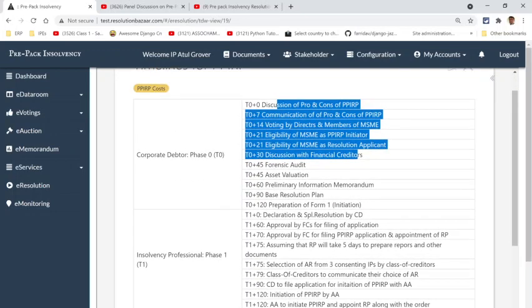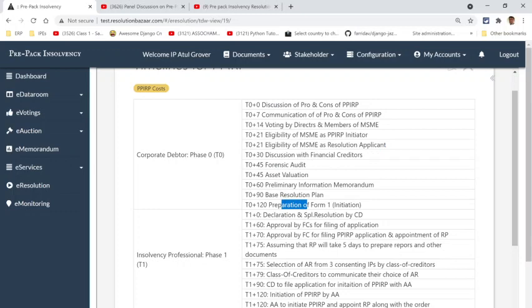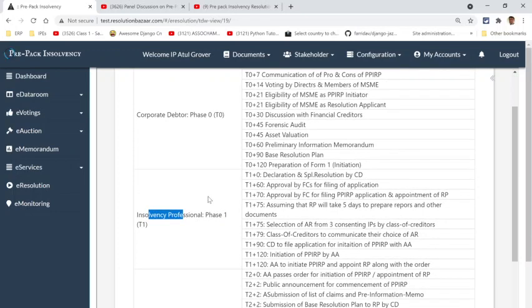Now, assuming everything is clean, we go to phase 2, which is with the financial creditors and the insolvency professional. Now, this, let us assume, is T1. So T1 starts with that you will hand over the declaration and special resolution, which you would have gotten from here during the voting, and everybody is on board. So this is easy because we've already gone through it. And we hand over the declaration and a formal intent of starting the process.